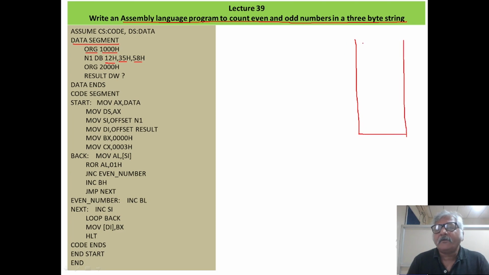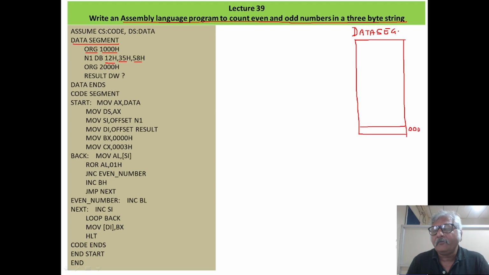Suppose this is our data segment memory area. Now there are different offset addresses in this data segment memory area.